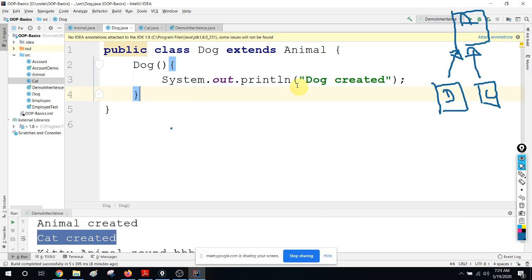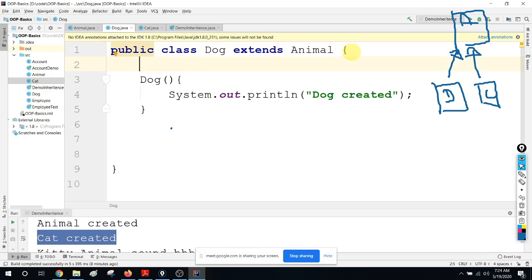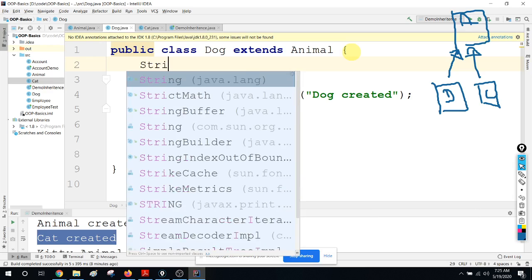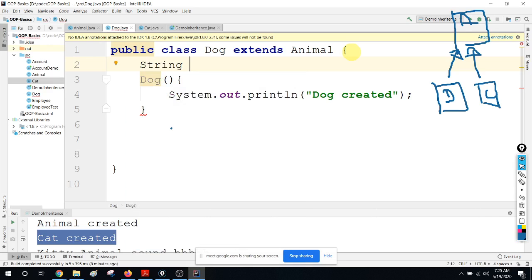Now let's have some new things, right? Because dog wants to have some new features, new attributes and behaviors. So let's say my dog wants to have a new attribute. All the dogs are going to have a special attribute. Let's say string, let's call it a